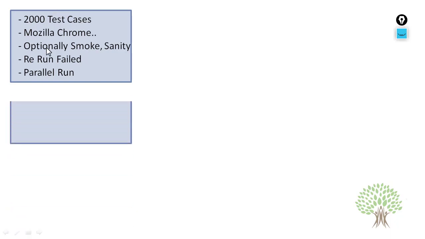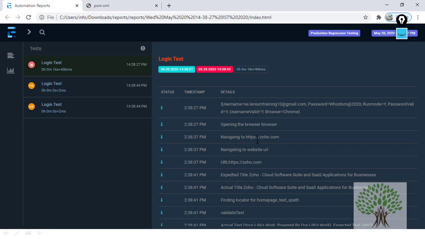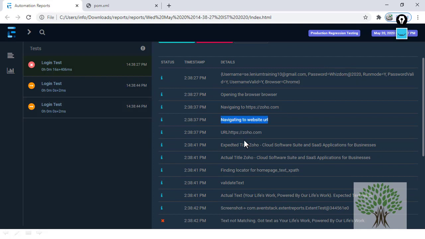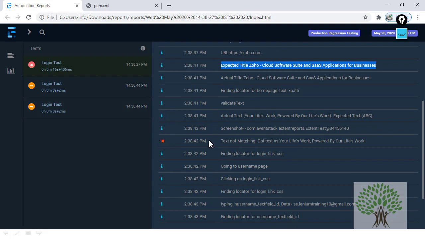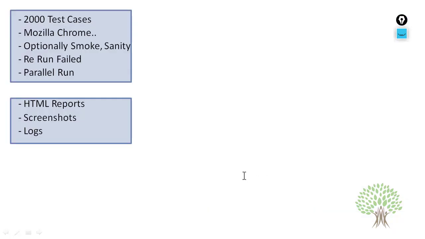Moreover, apart from this, you would also want to generate some HTML reports to be shown to the client, and these reports should have the screenshots and all embedded in them, and they should have the logs. For example, this is a sample HTML report over here, in which I have got logs for every step which is done, and probably if some step failed in between, you can put the log for that as well. Right. So you have to generate these kinds of reports. This is Extent Report. Fine.